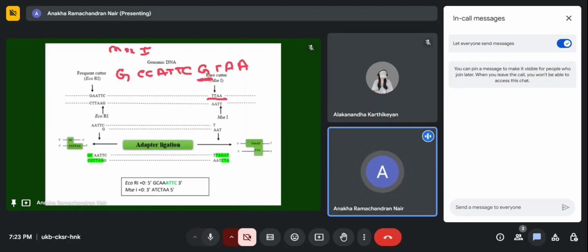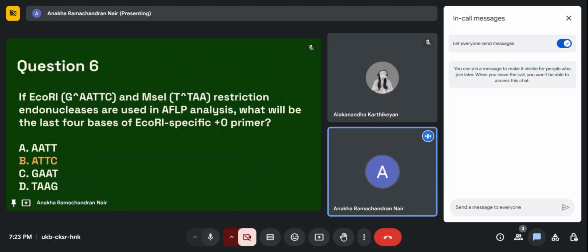When you do selective amplification, you use this same primer, but you add one nucleotide more here. Okay, so that is plus 1, and this N can be anything, A, T, G, C, depending on your experiment. If you add two nucleotides here, it becomes plus 2. If you add 3, it becomes plus 3, right? And so you're trying to figure out after this recognition site, what are the bases after that, right? So in this case, what they're asking you is what will be the plus zero primer, and that is the primer that is used for pre-amplification, where it is just the adapter and the recognition sequence, right?